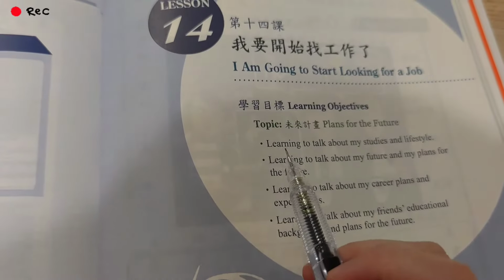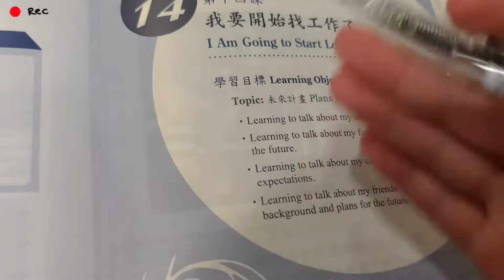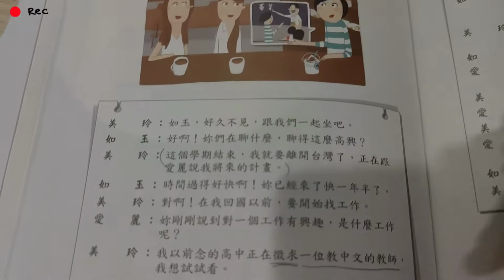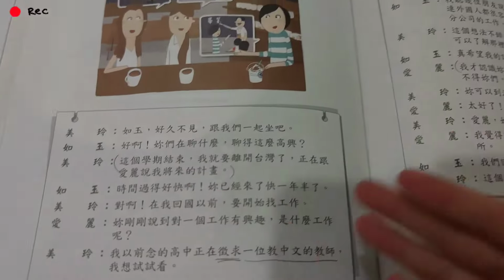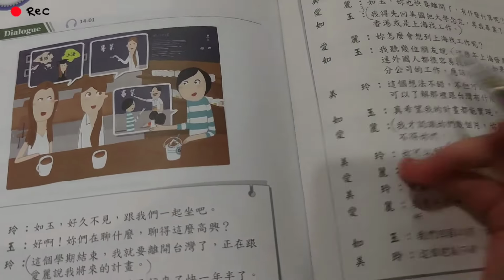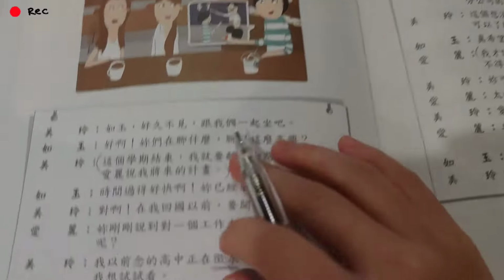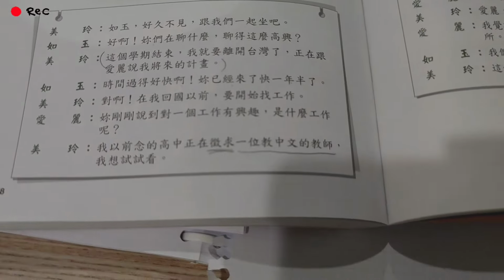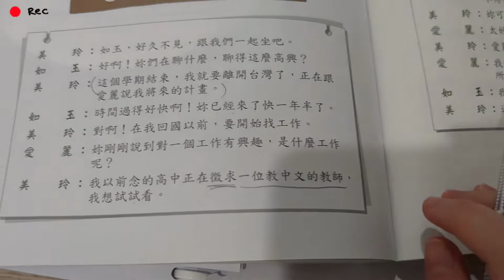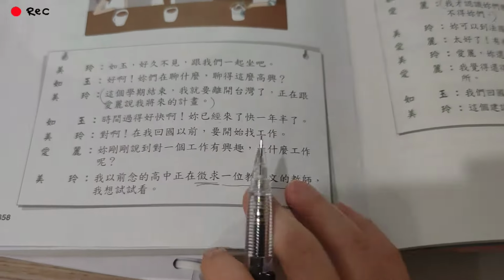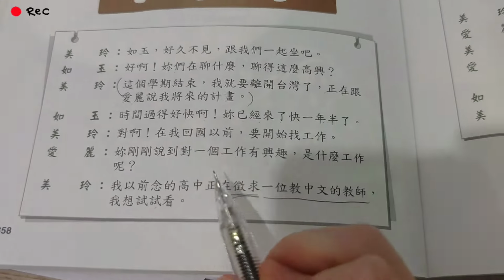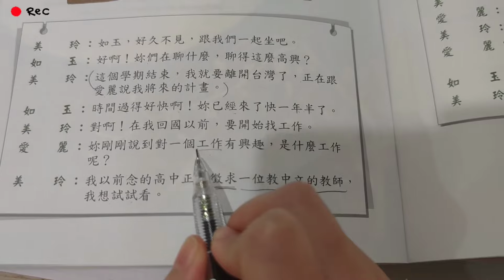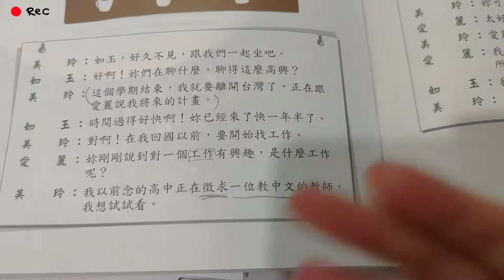First of all, I read the topics to see what the chapter is all about. This is the dialogue. I read all of it and underline what I don't understand. These are not my markings, they are my friend's, because I'm using her book, but you can follow this rule. For example, if you don't understand the word 工作, you can underline it and look it up on the internet.